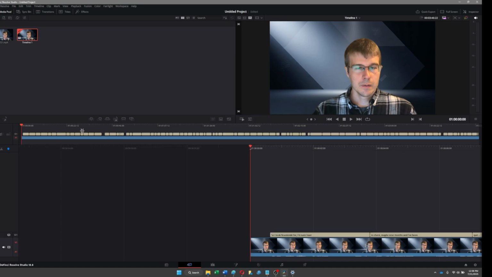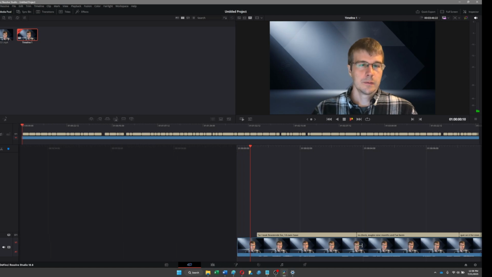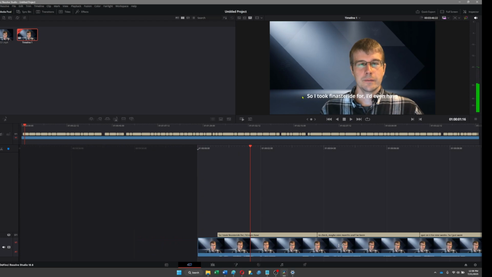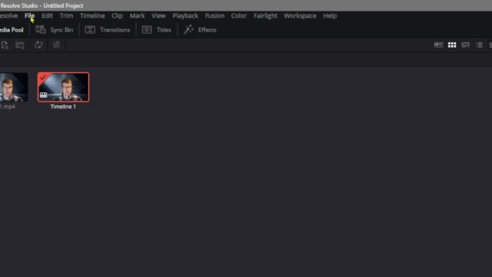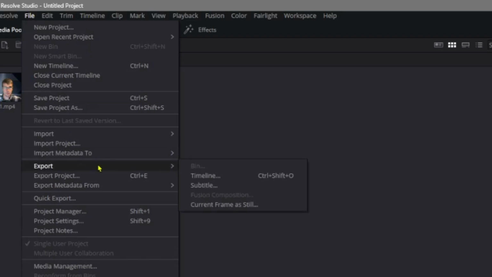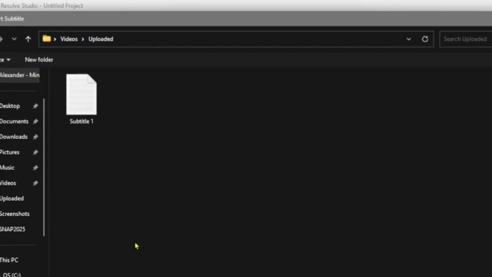Now, as you can see up here, we have all of our subtitles generated. We can go up here and look at the video and see that we have all our subtitles. If you want to export, you can go up to File and click Export Subtitles. Save it to a file, and then you can open it up